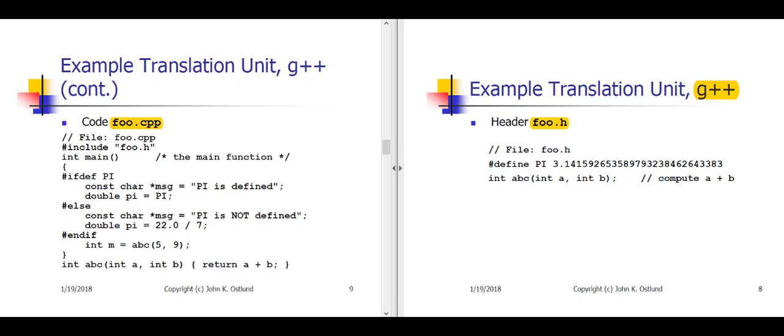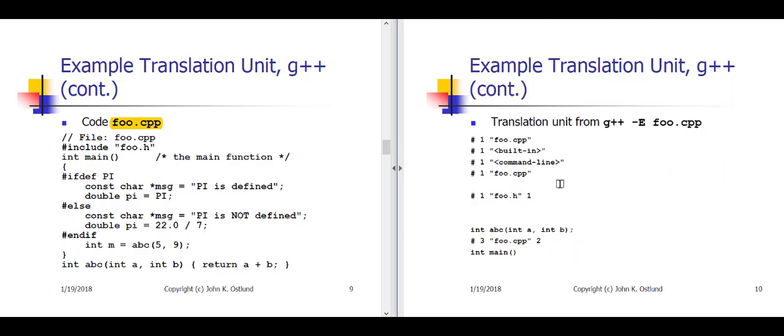So in the translation unit, which I'll skip ahead to on slide 10, the line of code that gets passed into the translation unit is actually this empty line here between the line above that says # 1 "foo.cpp", and the line below that says # 1 "foo.h". All right, so in the translation unit, all these lines that start with pound signs are not lines from